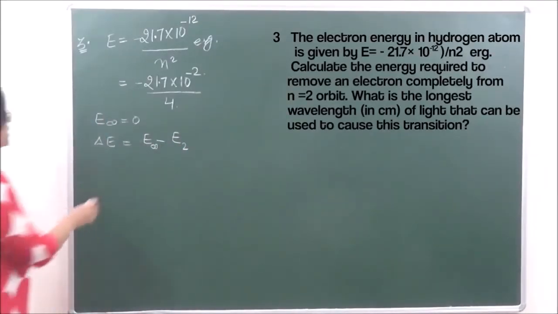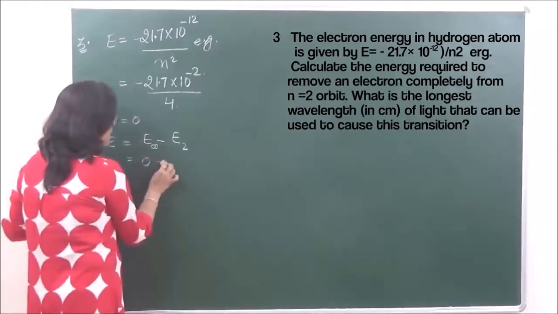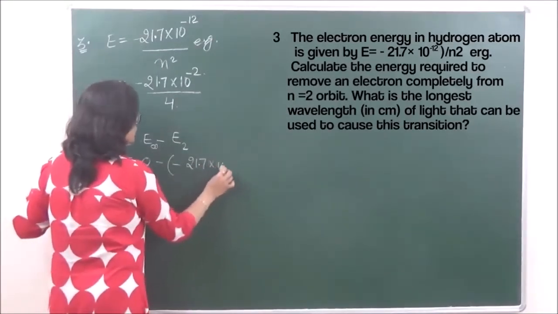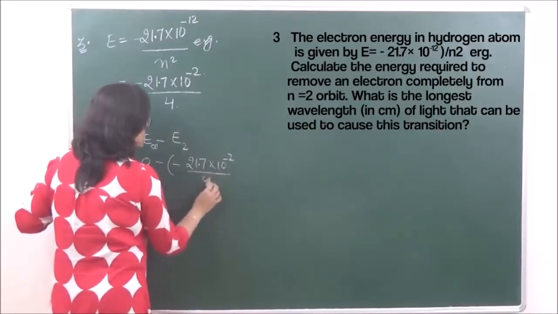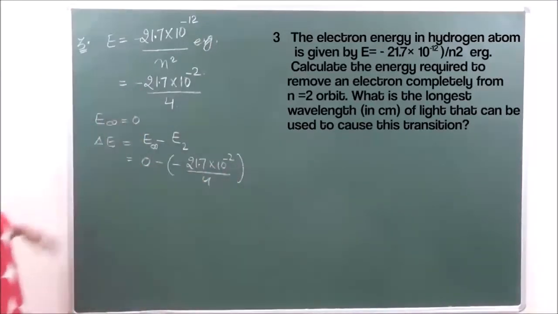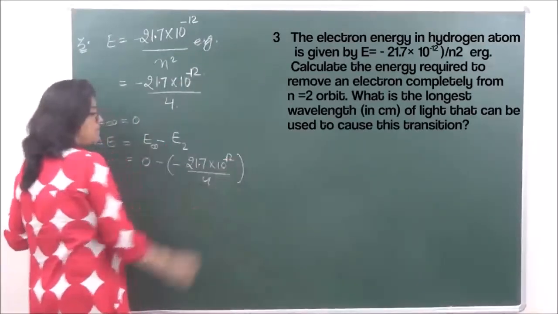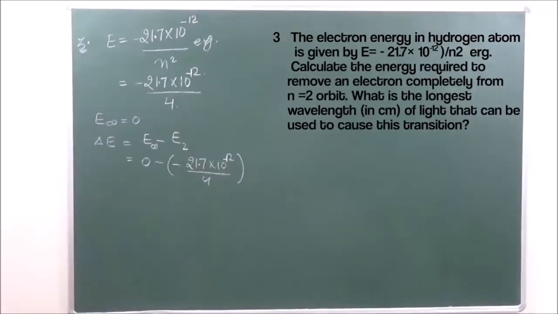E infinity is equal to 0 minus 21.7 into 10 raised to power minus 12, divided by 4. So energy when calculated over here comes to 5.425